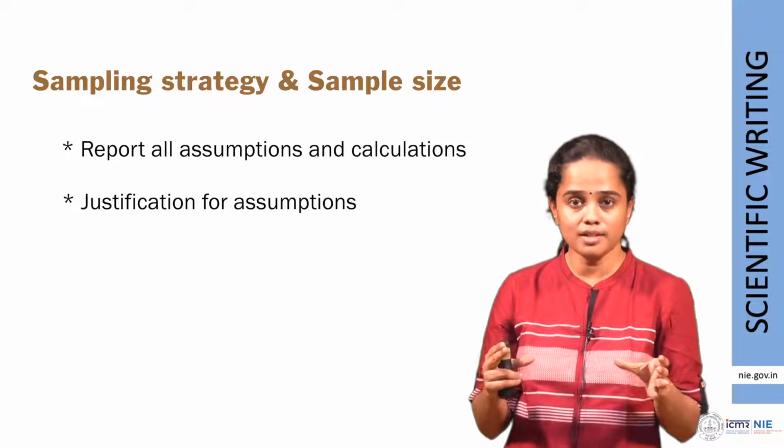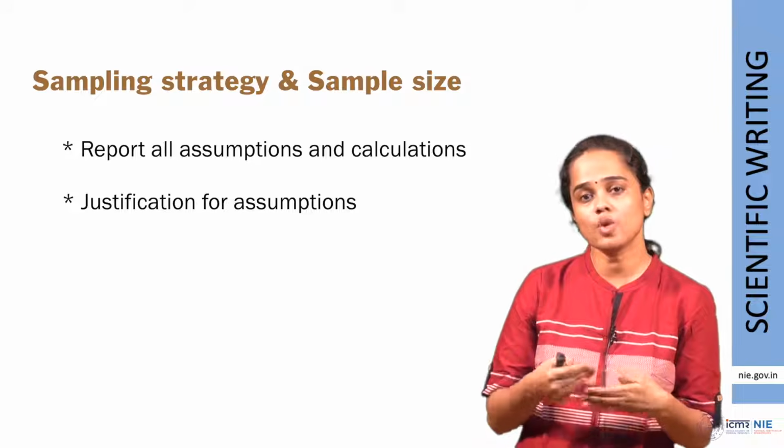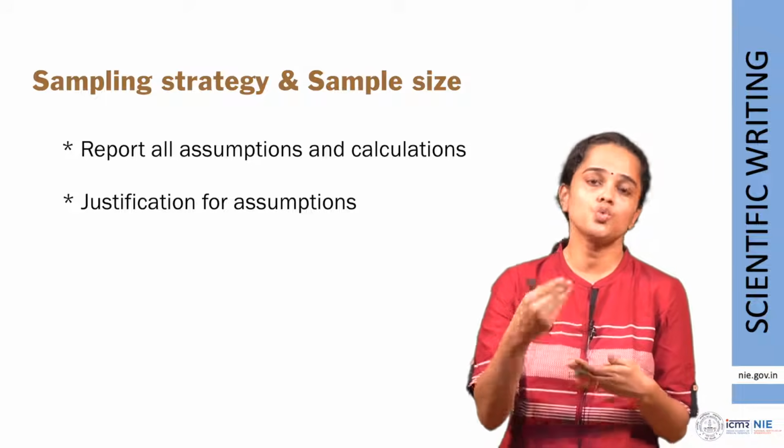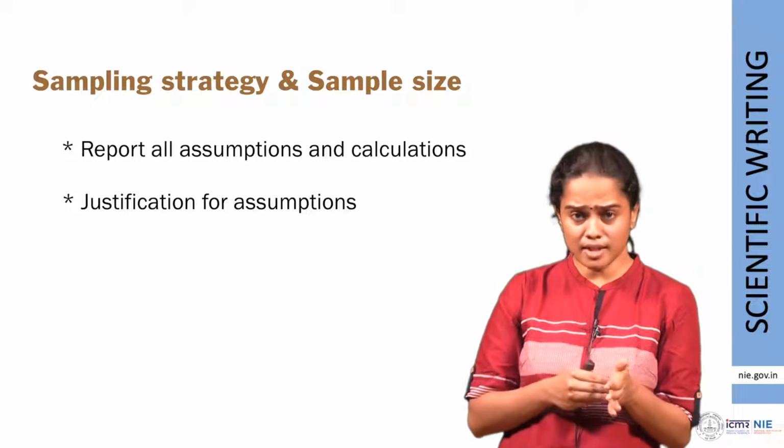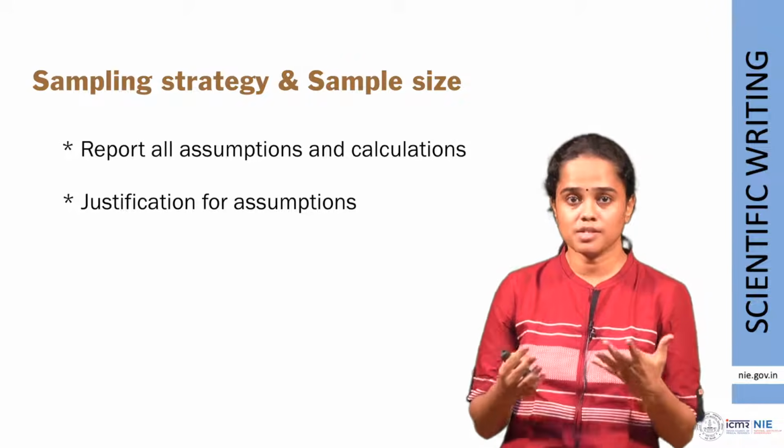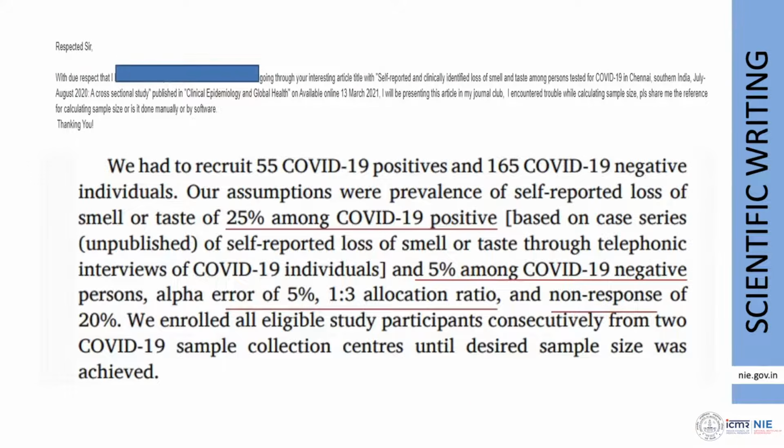One, when you write it very clearly, you are less likely to get unnecessary questions from the reviewers, from the journal to which you are submitting your article. The other, it is just a good reporting practice. For example, in response to this article, we had received an email from a junior resident in some hospital requesting details of the sample size calculation that we had used. He even wanted the numbers that we had imputed. So we had reported everything clearly in the manuscript itself, and it helps the reader, it helps the person who reads this section be clear how you came up with this particular number as the sample size for your study.